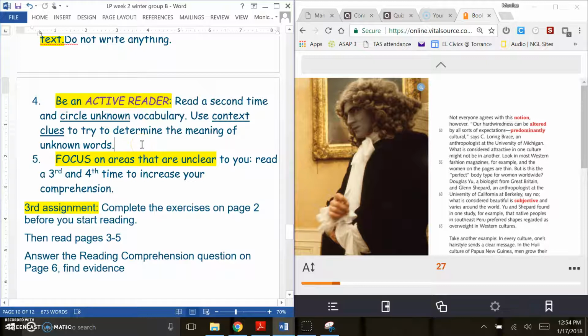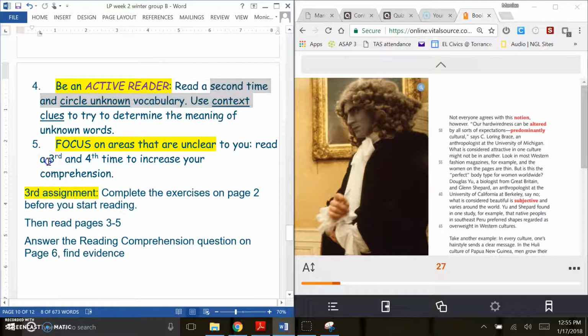So when you're being an active reader, the second time, okay, you're going to go back. You're going to go back and you're going to read it a third time, maybe a fourth time, maybe a sixth time, seventh. You're just going to read it many times. And I promise you that every time you read, you will understand a little more. Now, in these next times, you're going to read and you're going to focus on areas that are unclear to you. Okay? You're going to focus on maybe